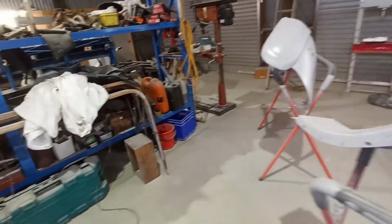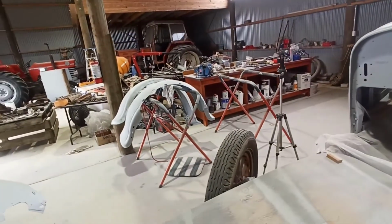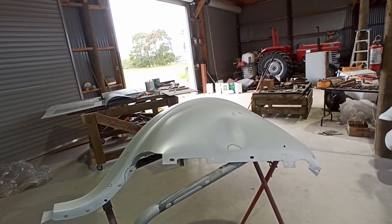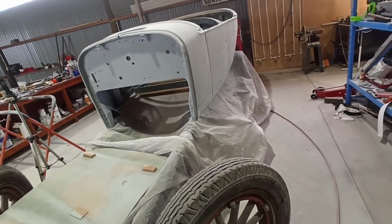couple of batches. And then while I'm waiting on that stuff to go off, I'll do a block back on these, and then I might do the hood tops and sides. Might give them a block back while I'm waiting on this other stuff, if you know what I mean. So yeah,